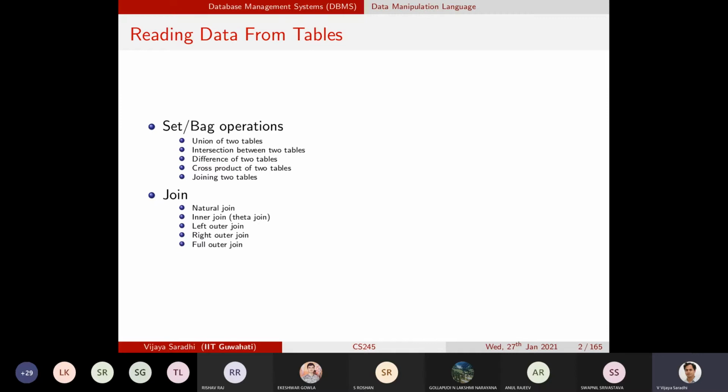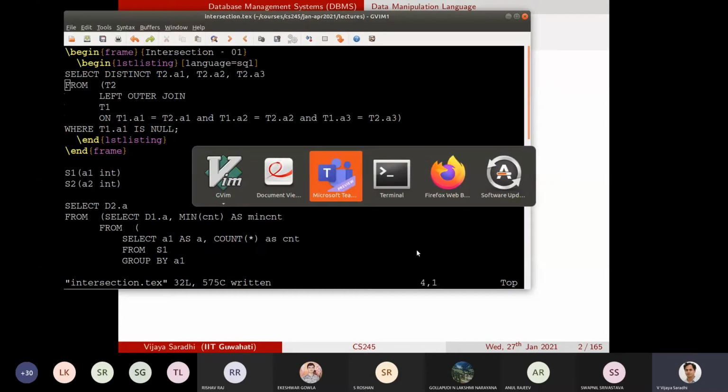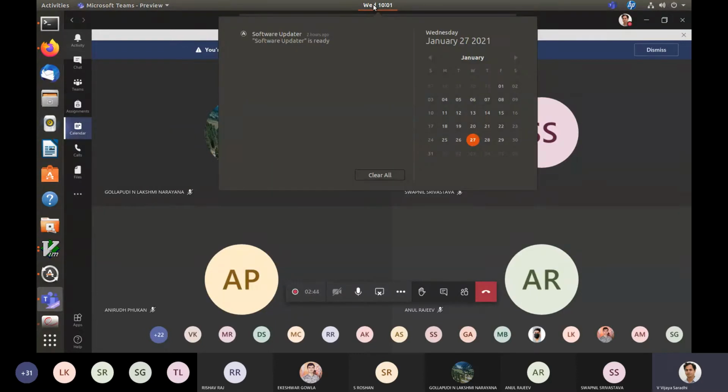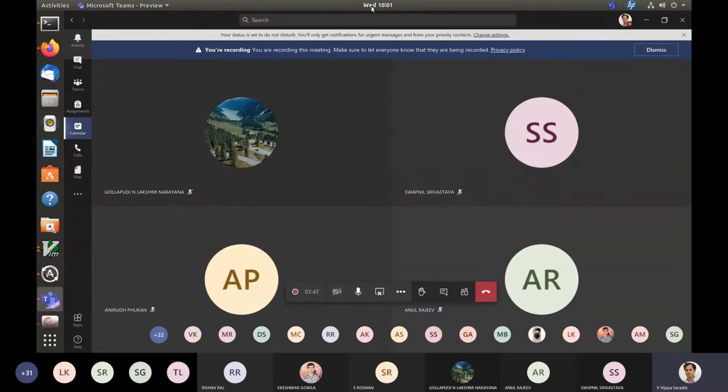But before that, I wanted to make an announcement for all of you. I'll send an email also that tomorrow we will be having an exam, the first exam. The exam will be using Microsoft Forms, and it will involve multiple choice questions. The nature of the questions will be MCQ type, and the syllabus will be whatever has been covered in the theory from the first class till whatever we will be covering today. Any questions?